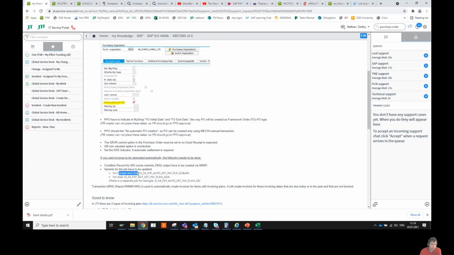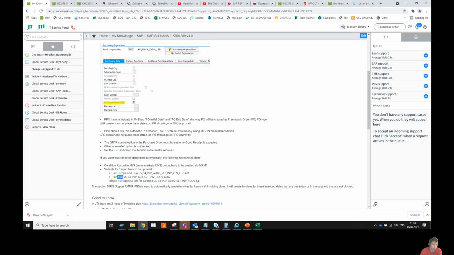There is a variant for Europe and USA and another one for Asia. It also says there is a special job for Georgia, or a specific job for this market should be created. But in any case,